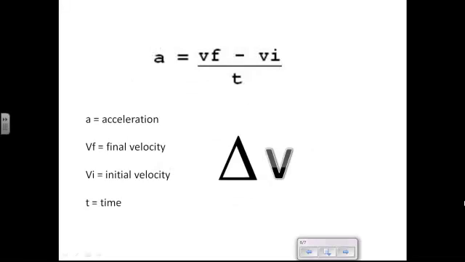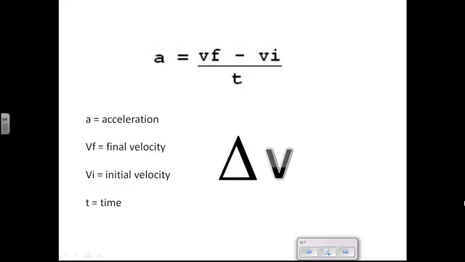So with the idea of velocity under our belt, I think we can start looking at acceleration. And here at the top is our formula for acceleration, A equals VF minus VI over T. And to make sense of all this, here's what each piece means. A, of course, is acceleration. VF and VI, the V stands for velocity, so VF is the final velocity, the VI is the initial velocity,